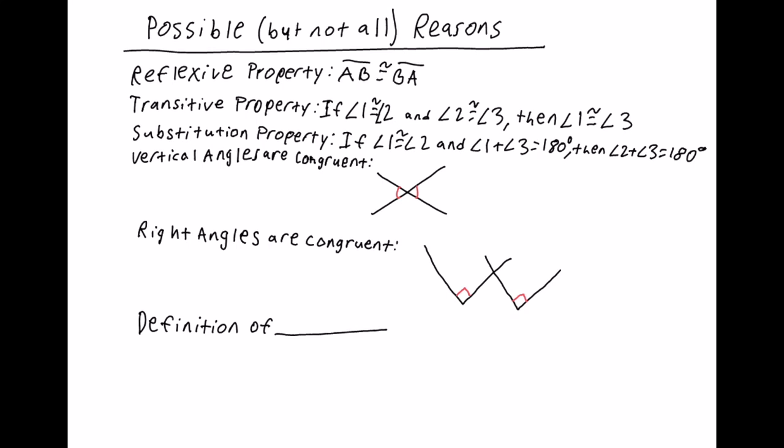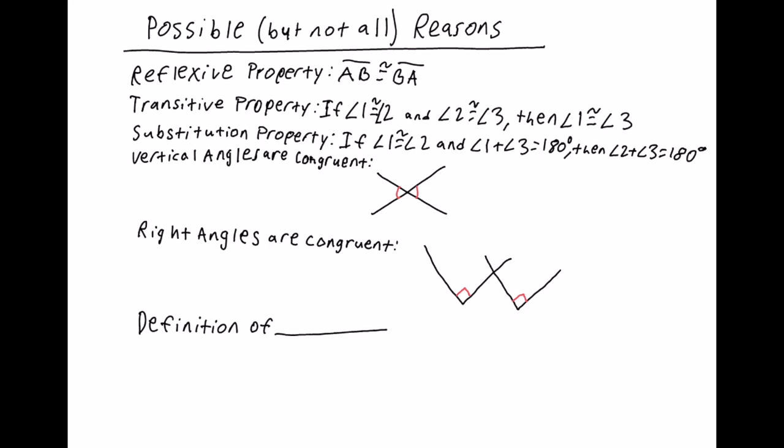It's definition of things that we've learned in geometry, whether they be perpendicular lines, angle bisectors, midpoint, perpendicular bisectors, segment bisectors. Definition of blank